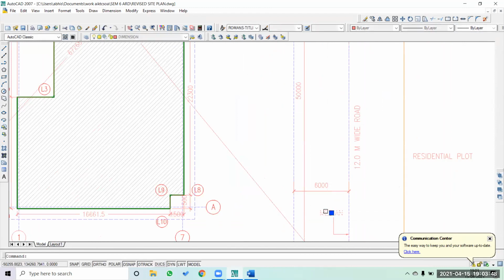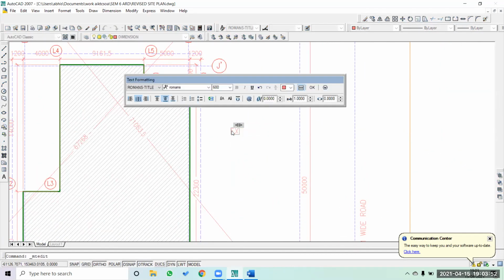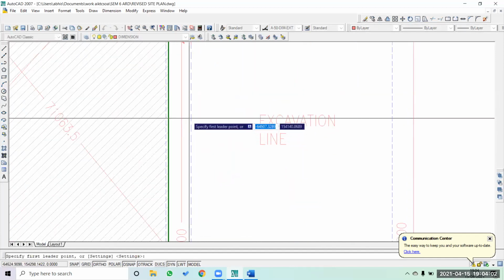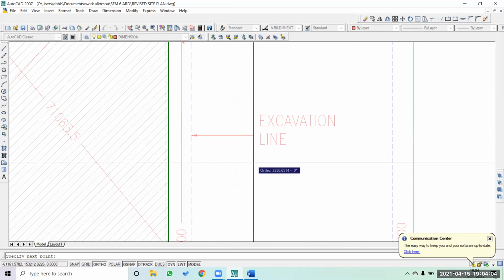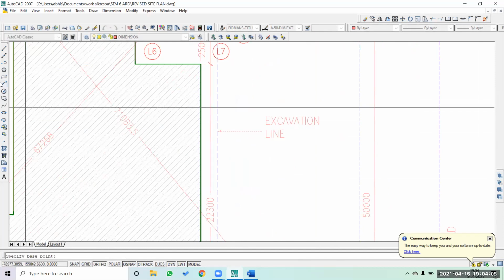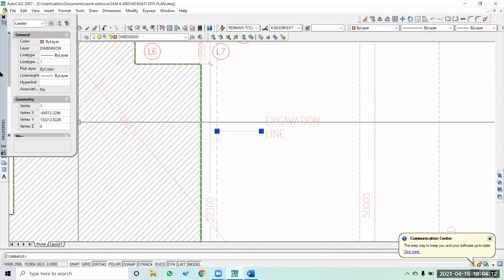Also, I'm going to copy this, keep it here, and mention this as an excavation line. Otherwise, once this particular drawing is black and white, it's going to be very difficult to understand what this particular line means. You have to also check the scale of these arrows.